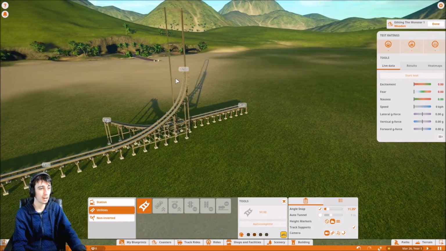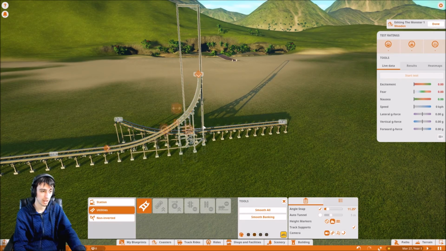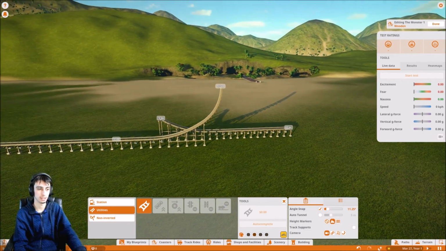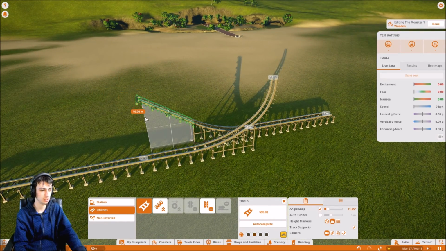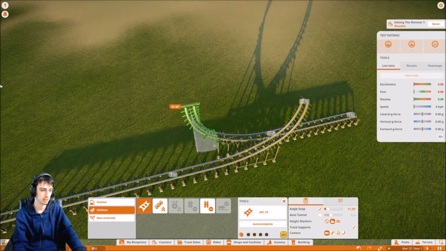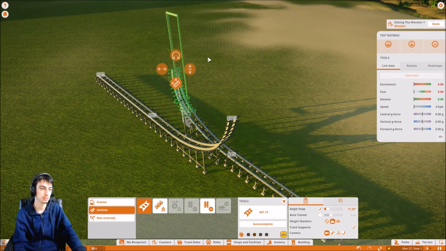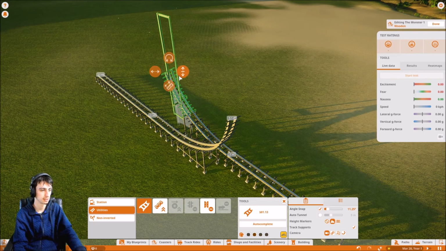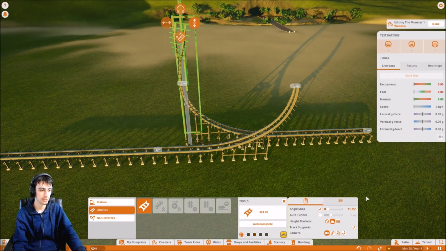Now you can see how the wooden supports are freaking out. That's why I said earlier, when you're at this point right here, to disable track supports, and there you go. So now if we go over here, I think we were at a 9. I think it was 9, yeah, it was 9. Now we're going to go like that. Oh, whoops, wrong way. See, even I can make that mistake. Let's have it go in that direction. There we go. Beautiful. Alright, then you just disable